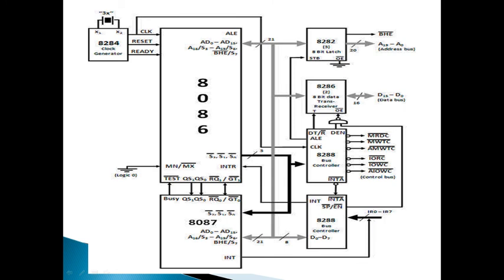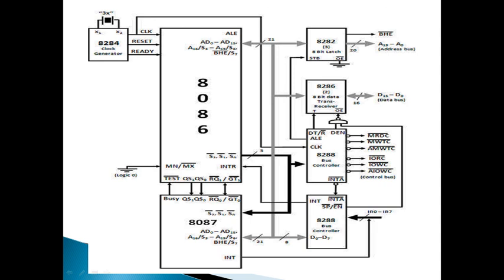During the execution, if an exception occurs which is unmasked, the 8087 interrupts the microprocessor using the INT output pin through the PIC 8259, through which interrupt handling can be done by the 8086. And the last, the QS0 and QS1 lines are used by the 8087 to monitor the queue of the 8086.